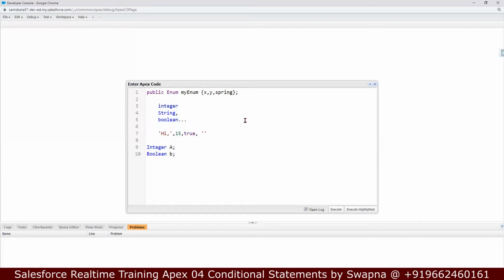And if there is a long text area, say, I am an employee in an MNC company, right? If I wanted to store everything in one